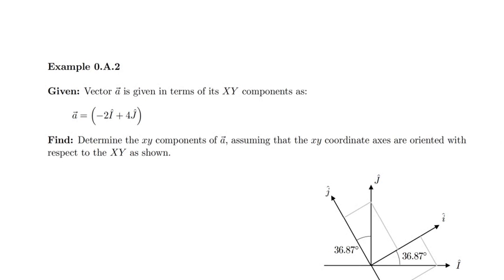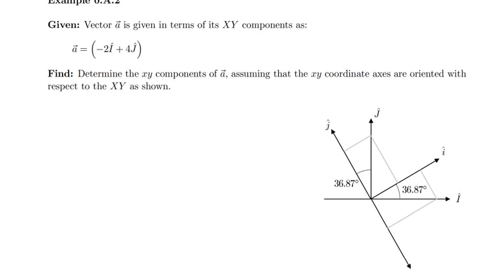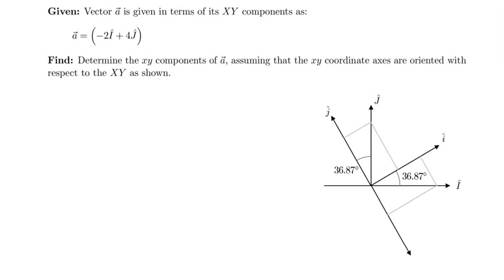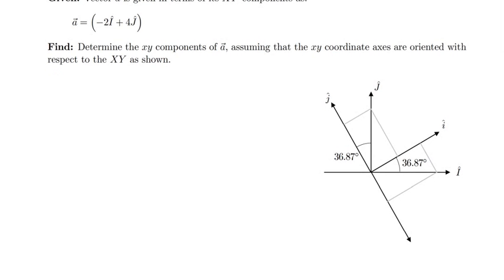Okay, so in this example we have vector A, which is given in terms of its xy components as minus 2 in the capital I plus 4 in the capital J, and we're asked to determine the little xy components of this vector, given the orientations as shown in the diagram. So with this in mind, just to put it into mathematics,